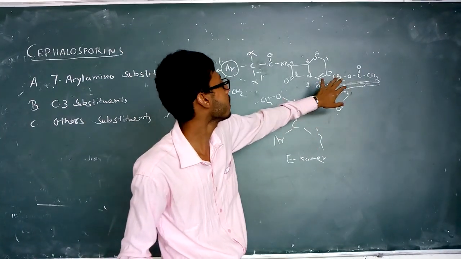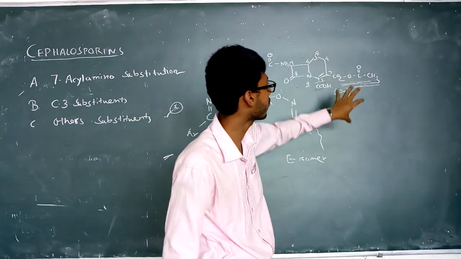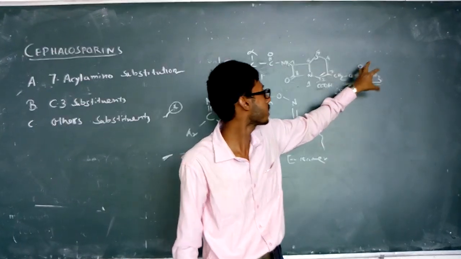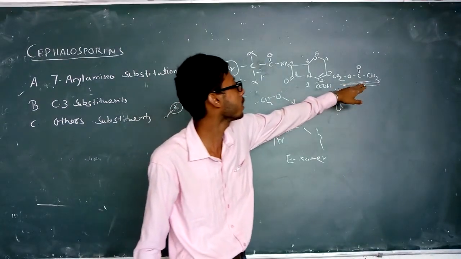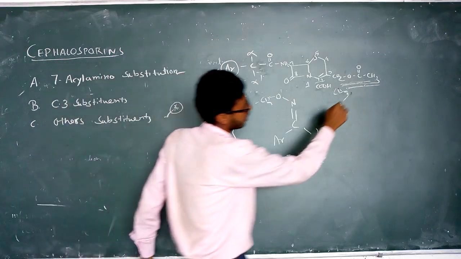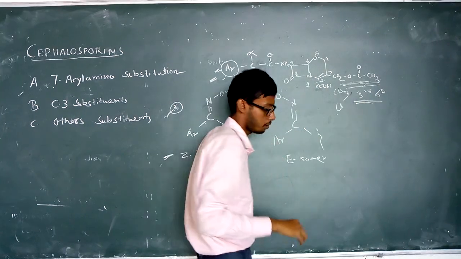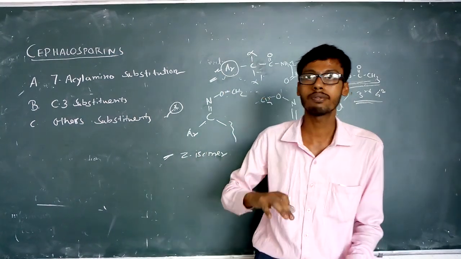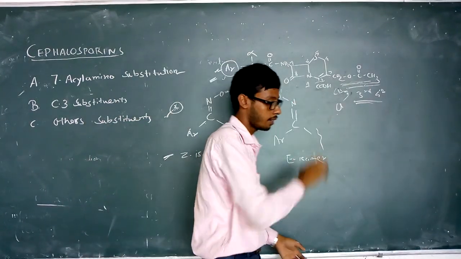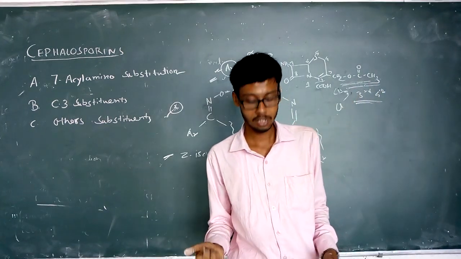At the C3 position, a heterocyclic 5 or 6 membered ring can also be attached. This heterocyclic 5 or 6 membered ring can be observed in third and fourth generation drugs, and you can note that a heterocyclic ring is attached, so you can consider that it improves the antibacterial activity with the addition of the heterocyclic 5 or 6 membered ring.